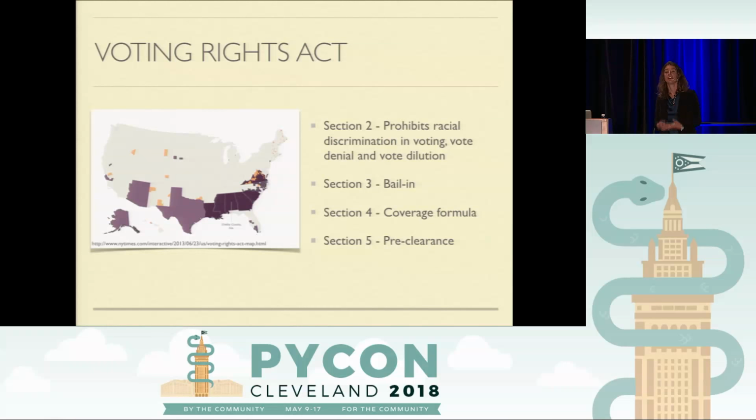So this means that it covers not only the blatantly discriminatorily applied poll taxes and literacy tests that were present in the Jim Crow South before its passage, but also more subtle forms of racial discrimination and vote dilution. So including vote dilution in the form of drawing districts such that they would divide up a group of minority voters into multiple different districts, so that a group of minority voters who could have been combined into one district and elect a candidate of choice would not be able to do so.